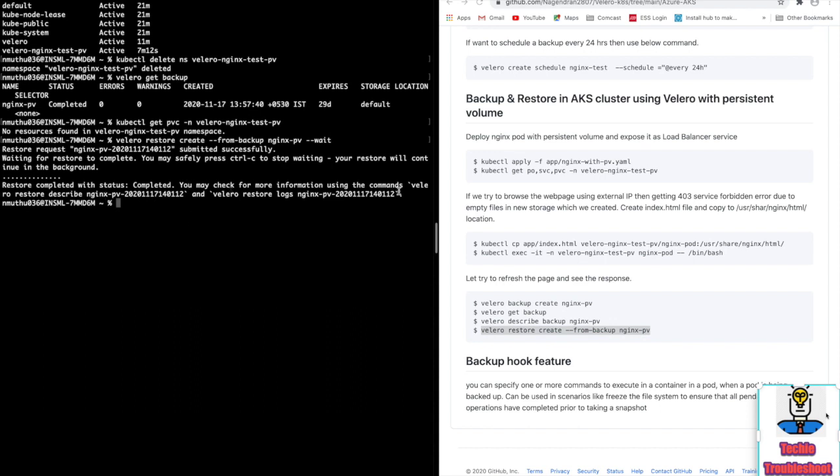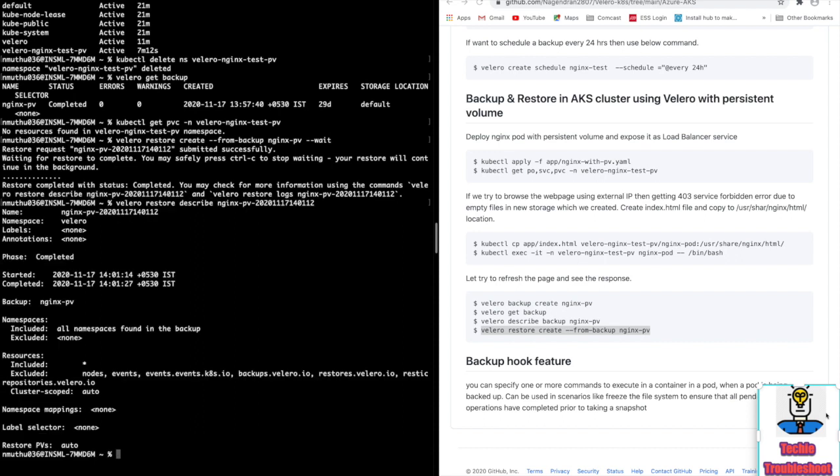Things are completed. I'm going to verify the logs. First we are going to verify what resources are restored. Phase completed, namespace. Okay, so here we didn't mention any namespace, so by default it includes all namespaces.